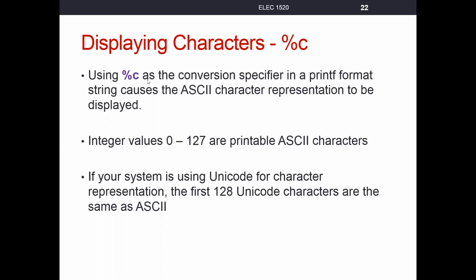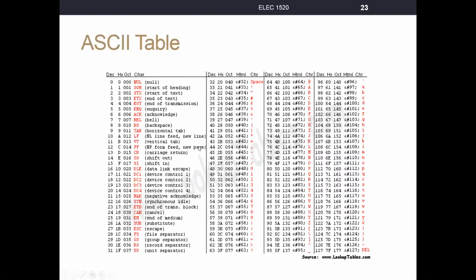All right, so the %c is going to say, take that expression, whatever it is, that binary expression, and convert it to a character. We'll use characters that we can display on the screen. To remind you then of the ASCII table,